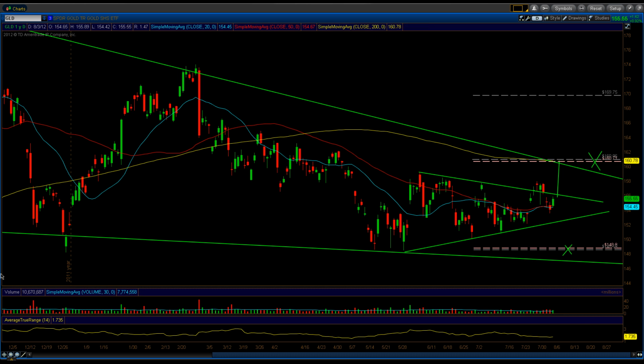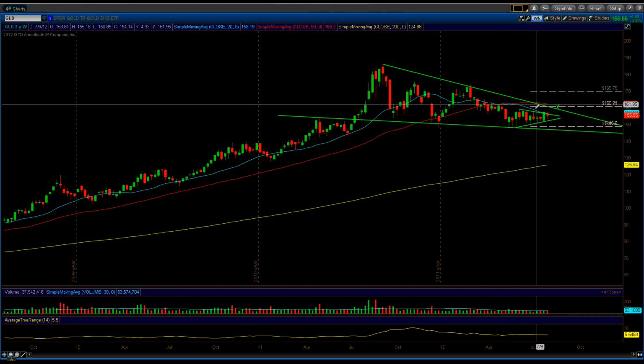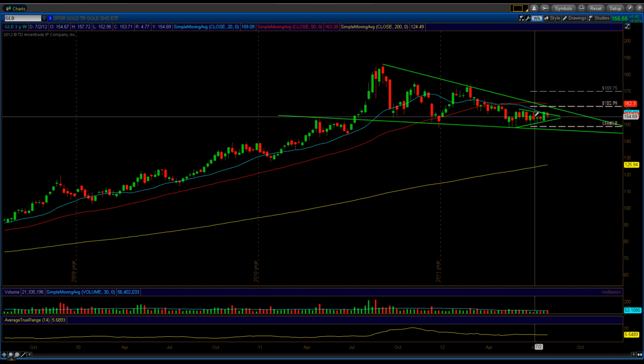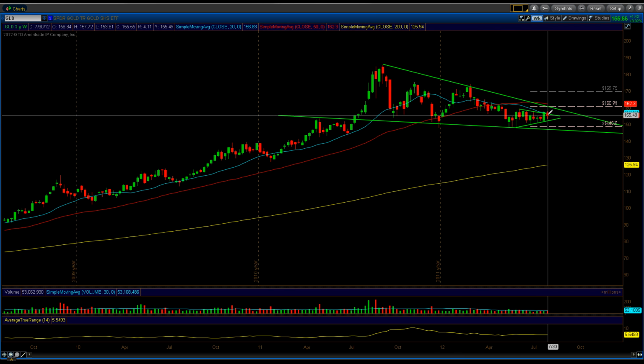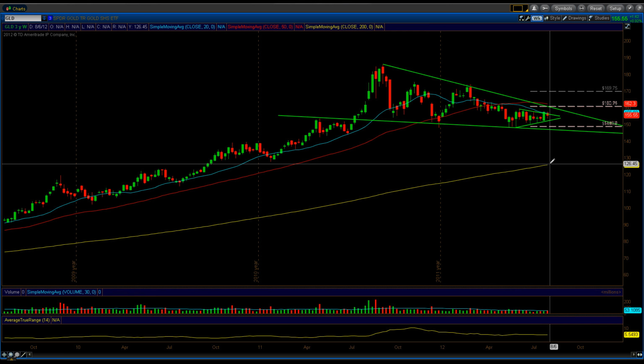All right, this is the weekly chart of gold, and let's take a quick look here. What we can see here is this symmetrical triangle. It's a little one, and then we have this bigger triangle here. Now here's the thing: gold is still under the 50 moving average and the 20 moving average, but on the weekly it's above the 200 moving average, which is fine. I mean, that's obvious for gold. Gold has just been